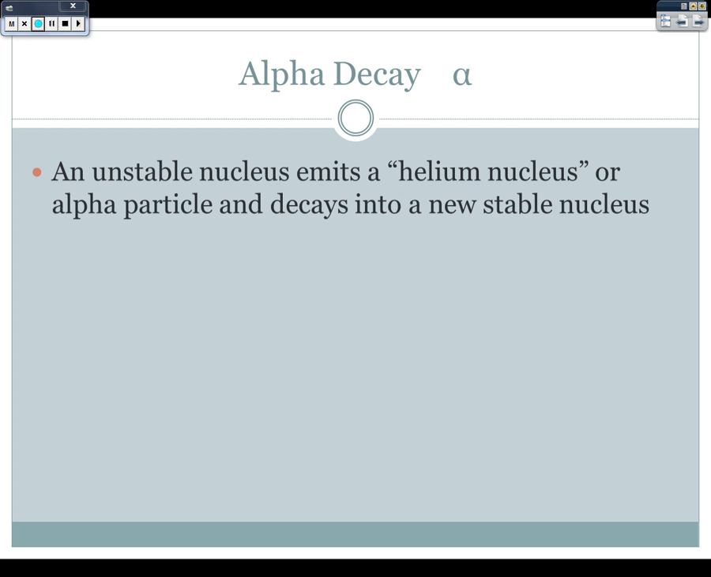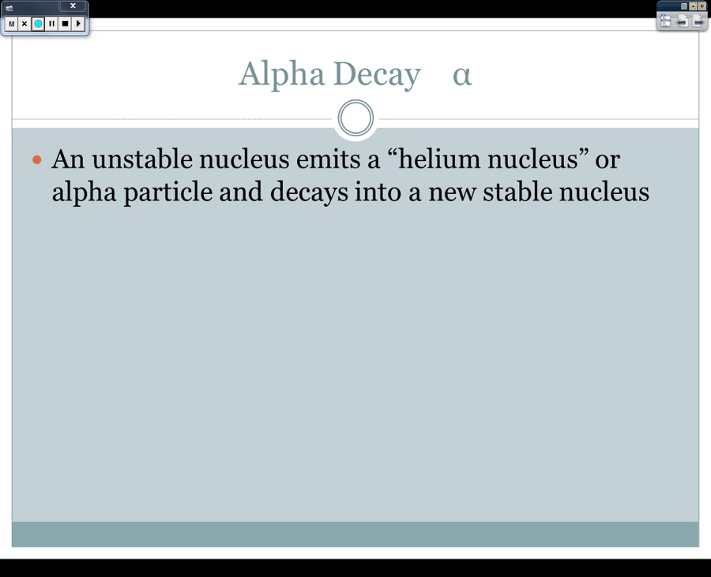And so alpha decay occurs when an unstable nucleus emits a helium nucleus, or an alpha particle, and decays into a new stable nucleus. Now, an alpha particle is represented by the Greek letter alpha, and it is a helium nucleus, meaning that it contains 2 protons and 2 neutrons. And so you have to make that balance in the reaction that you're representing. So if we look at an example,